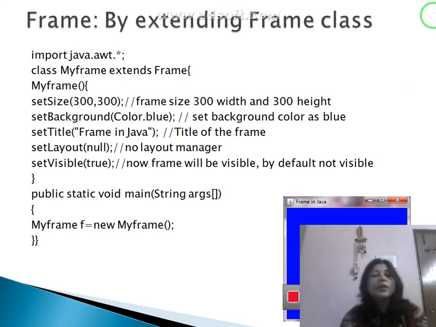Now, frame. Here we are extending the Frame class. The name of the class is MyFrame, which extends Frame. So by extending the Frame class, it is possible to create a frame. This is the constructor of MyFrame, where we are specifying the size of the frame as width